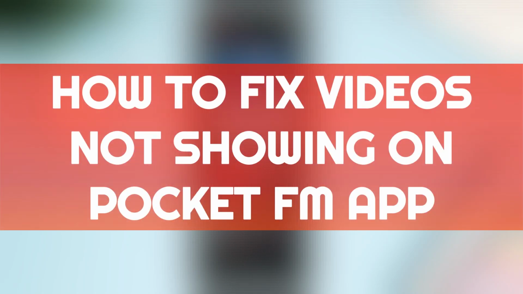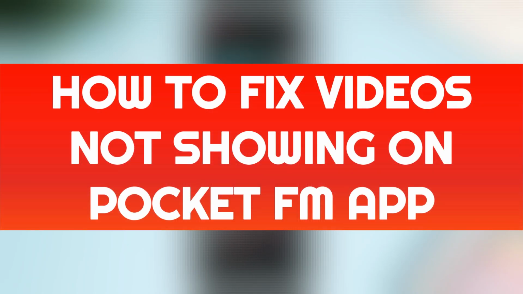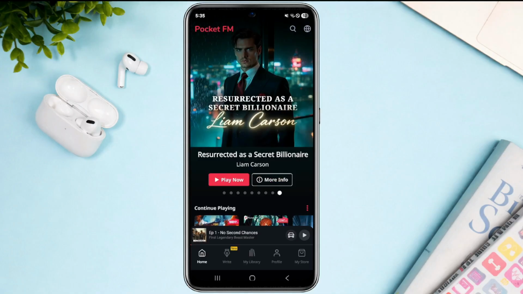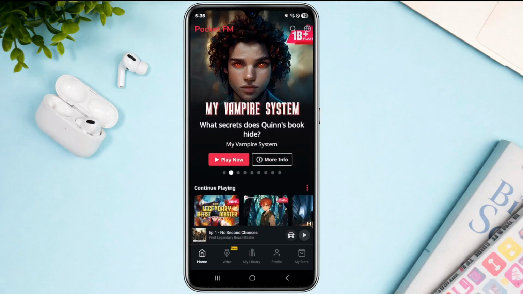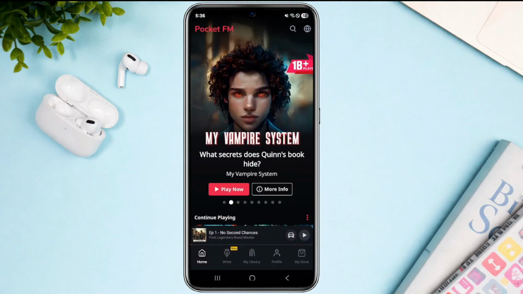How to fix videos not showing on Pocket FM application. Now, in this quick video, I'll show you some basic troubleshooting steps for you to be able to bypass this kind of issue. So, the very first instance that you open up a Pocket FM application,